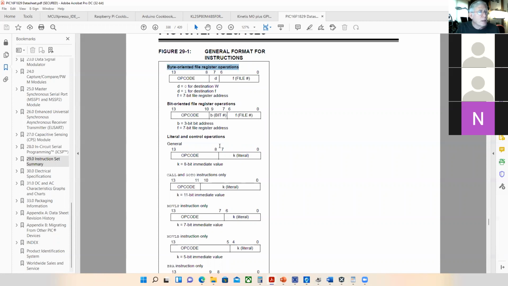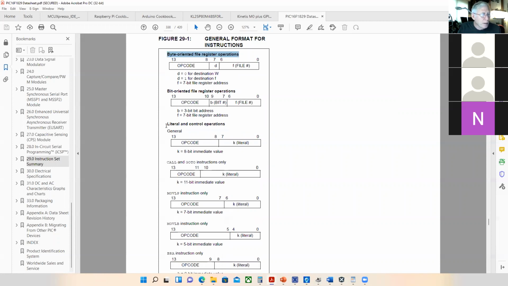And then we have these literal instructions, with an opcode and an 8-bit byte, a literal value that's essentially a constant we're going to use. It's just 8 bits, that's all it is. And then we have our call and go to instructions, where we have an opcode and 11 bits of literal address,